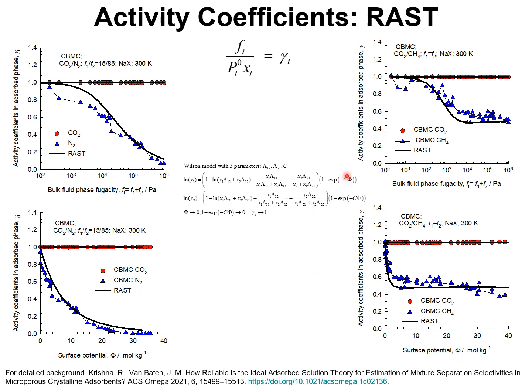The introduction of this correction factor is absolutely vital in order to obtain the right limiting behavior. I explain all of this in my paper in ACS Omega 2021, which you should consult. The reason I'm stressing this is that in the literature on CO2 capture, it is sometimes observed that this correction factor has been ignored